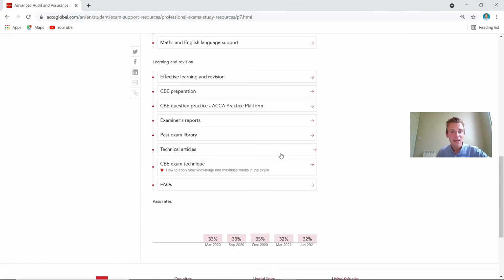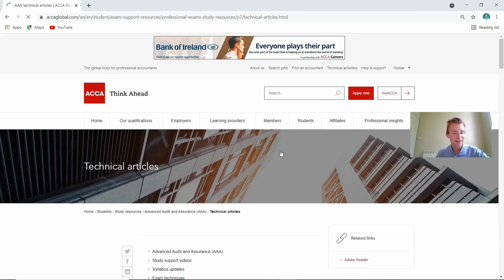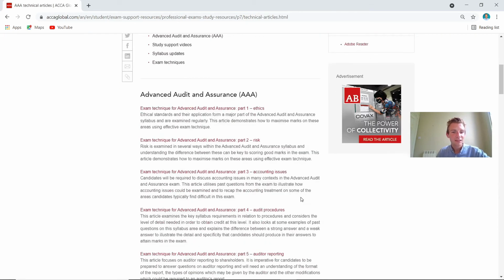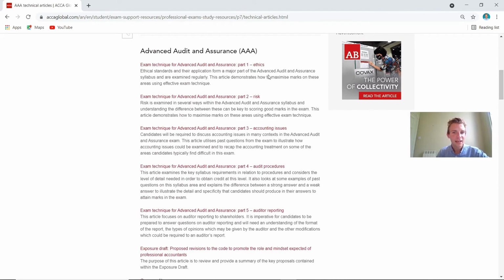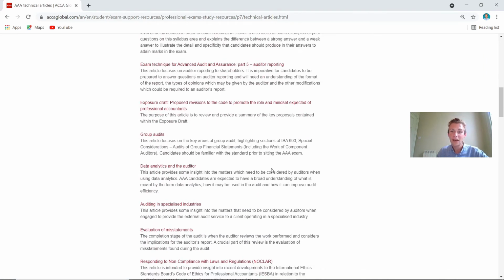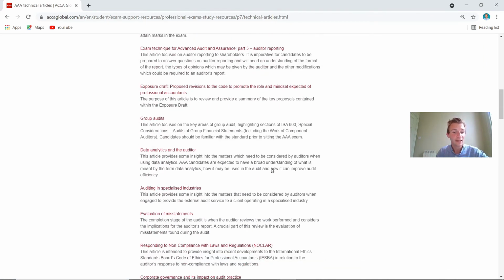And as you can see on here, coming on to this, now this is really important to get down in your notes, there will be topical areas in your examination. So have a look through some of the articles on here, everything from ethics, risk, accounting issues, audit procedures. If you're getting stuck on a particular area, two things you should do in the advanced audit and assurance paper. First of all, head to the actual technical articles, have a read of it, see if it's an up-to-date article that they could be actually referring to deliberately. And then secondly, refer back to your study text to underpin your actual analysis and understanding of that topic.